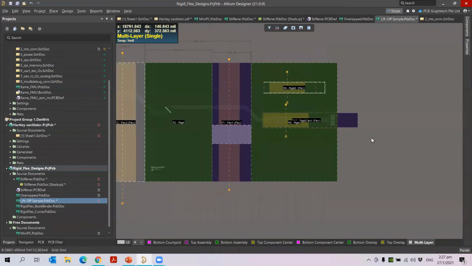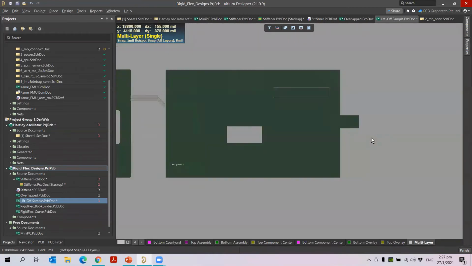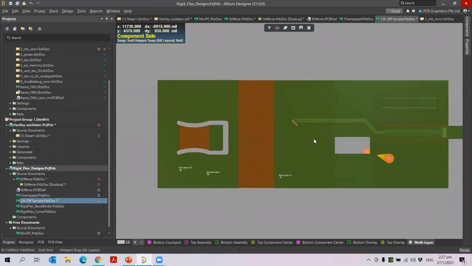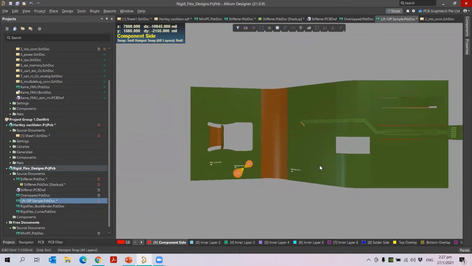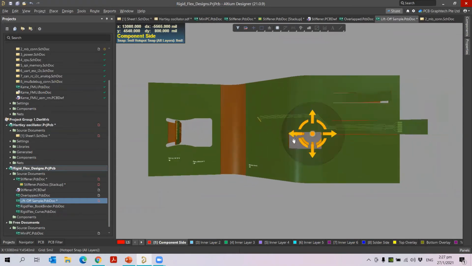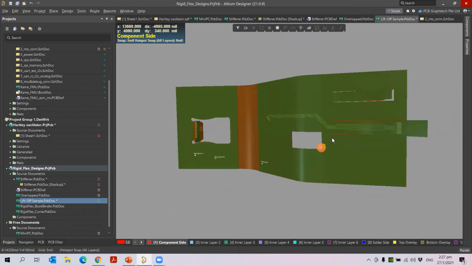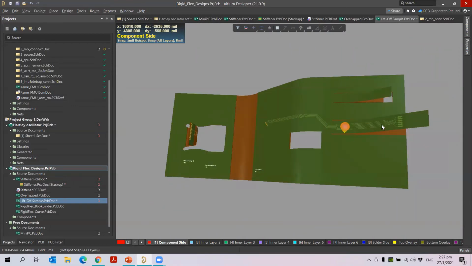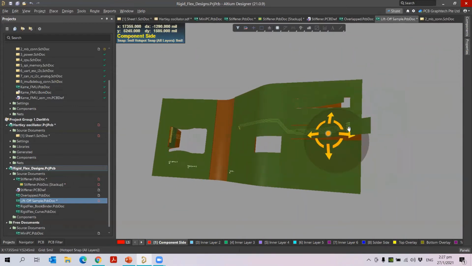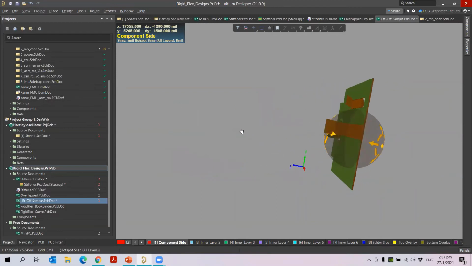Once we have done that, if you want to see it in the 3D view, you can press 3, and then press 5 to see. So you can see how folded it is, how nicely it is bent, and then you can see the flex material and the rigid material here. The rigid materials, the stiffener materials, are added to give strength to your board. You can see how nicely it is placed based on the materials. The flex region is bent based on the priority level, and if I press 5 again, they will close.